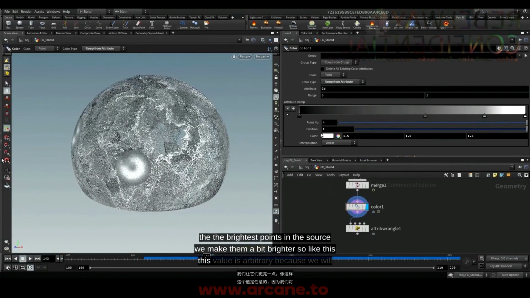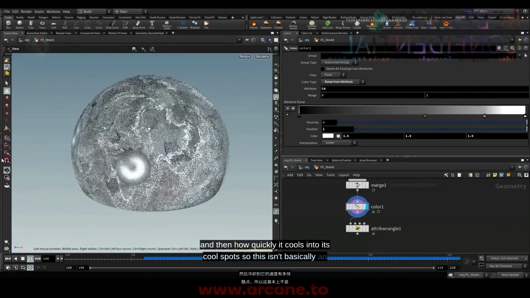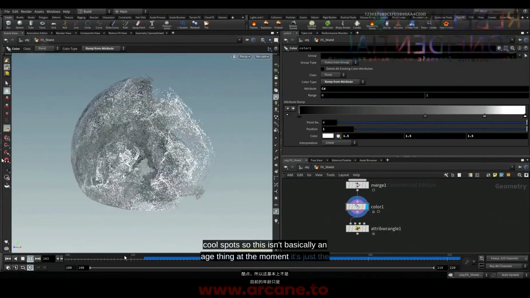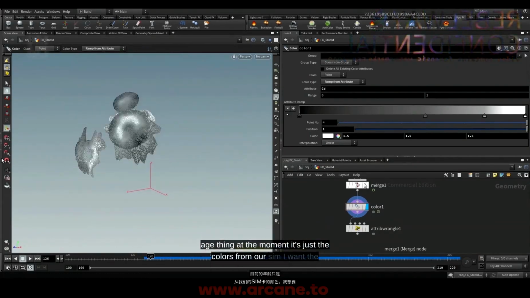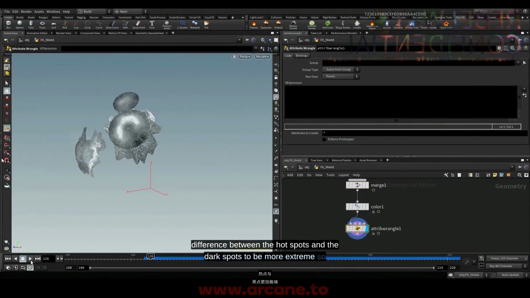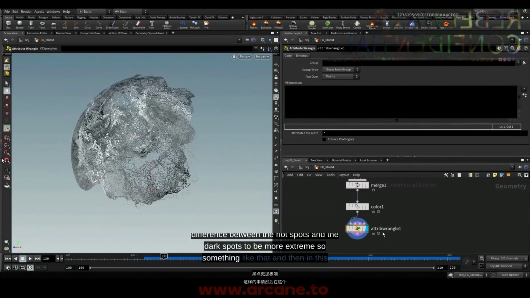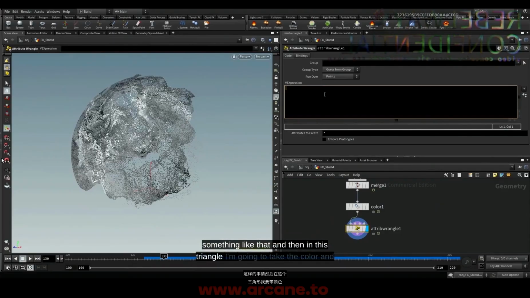This value is arbitrary because we'll use this in the shader somehow, but it's more just to make sure we get a very drastic difference between what's considered the hot spots of the effect and then how quickly it cools into its cool spots. So this isn't an age thing at the moment, it's just the colors from our sim. I want the difference between the hot spots and the dark spots to be more extreme. So something like that, and then in this wrangle